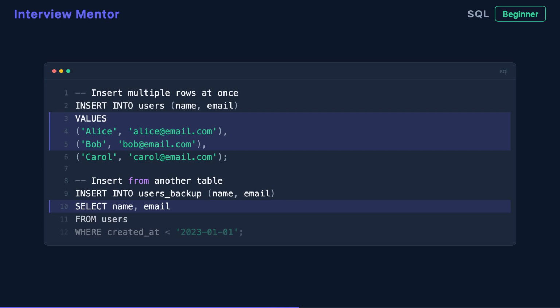You can insert multiple rows in a single statement by separating value sets with commas. This is much faster than individual inserts. For bulk operations, insert into select lets you copy data from another table or query result, perfect for data migrations